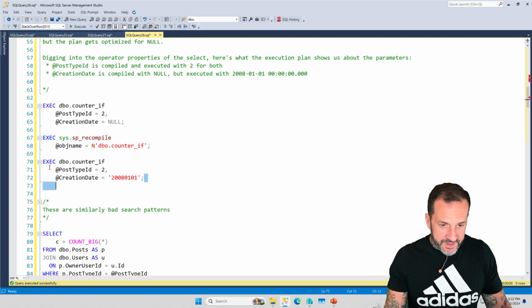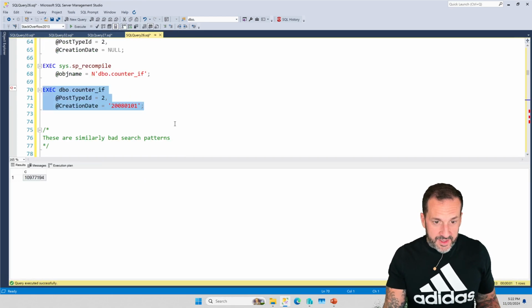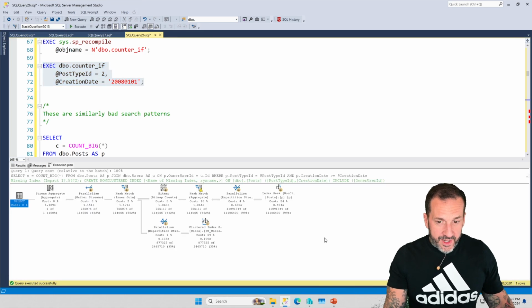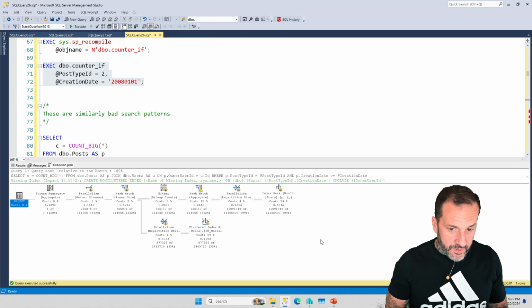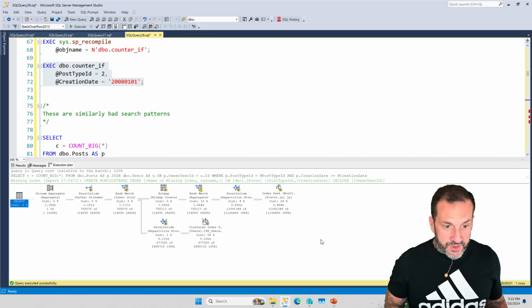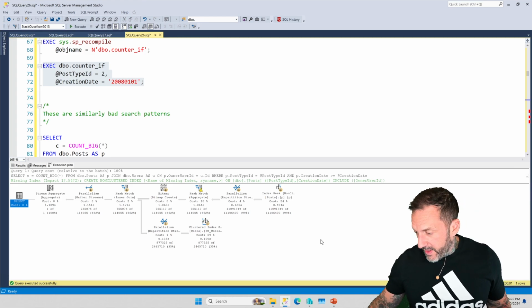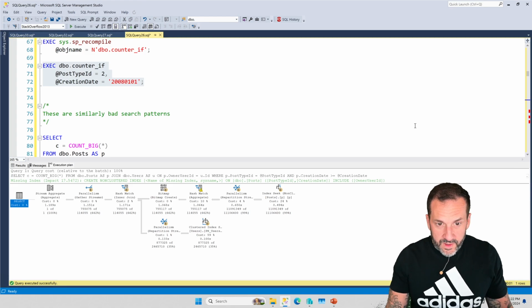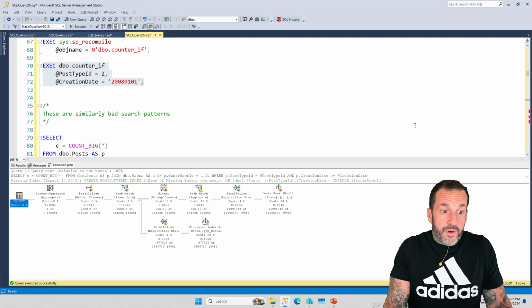If we recompile this and we run this with the actual value 2008-0101 passed in, we get a much different execution plan that makes a lot more sense for this query executing, right? We get a good cardinality estimate, SQL Server is able to figure a whole bunch more stuff out, and we get just generally better performance. Now, I do understand the reticence to let SQL Server sniff parameters and do its thing with those because you can run into problems.